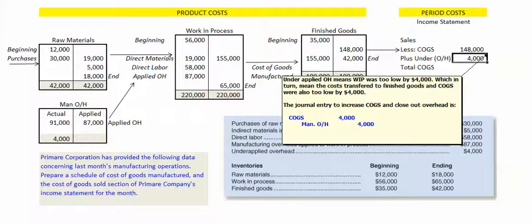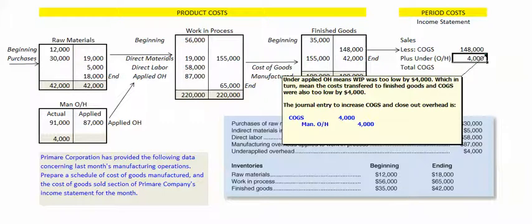Next, we'll pick up our $4,000 in underapplied manufacturing overhead. Underapplied overhead means that our work in process account was too low by $4,000. In other words, our actual manufacturing overhead was $91,000, but we only assigned $87,000 to or applied that to work in process. It was too low by $4,000. As our costs moved then from work in process into finished goods, our finished goods would have been too low by